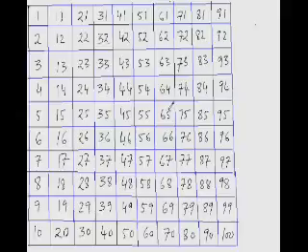Now let's try to subtract from 3 digit numbers. So if I ask you what is 136 minus 24, what would your answer be? Again the same thing, 136 minus 4 is 132. Now jumping down 10 twice, so it would be 122 and 112. That's your answer.